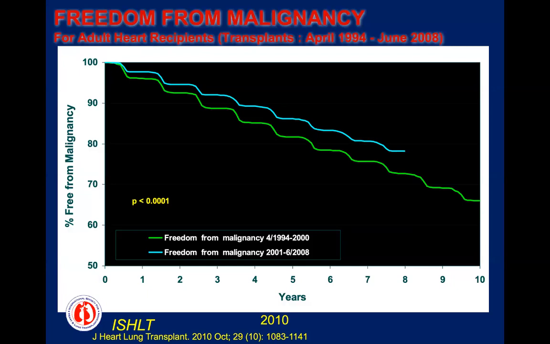Freedom from malignancy: you have to know malignancy happens. Also, it's higher in sick patients. Patients who go to transplant who are INTERMACS 1, 2 and 3, inotropic dependent, on ECMO, balloon pump, MCS, LVAD, reoperated, received a lot of blood transfusion, been ventilated for a long time. So all sorts of comorbidities that can happen perioperatively or preoperatively are considered an independent risk factor for mortality in a heart transplant patient.